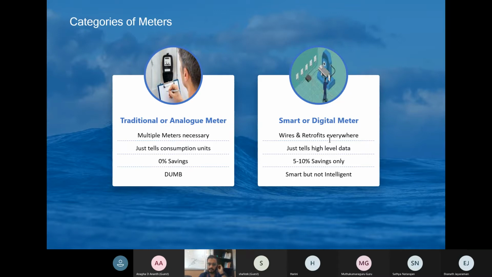This consists of two conductor coils inside the mechanical analog meters that create magnetic fields. Both get affected by the current and voltage that moves through the conductor. When this happens, the magnetic field moves the aluminum disc at a controlled rate. This disc in turn is connected to 5 dials which move while recording the electricity consumption, that is in kilowatt hours. The reading cannot be read remotely and therefore needs to be done on the spot.